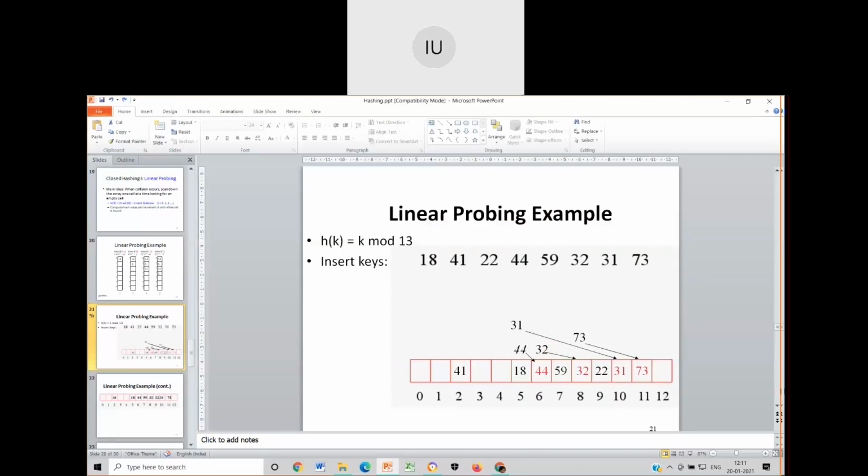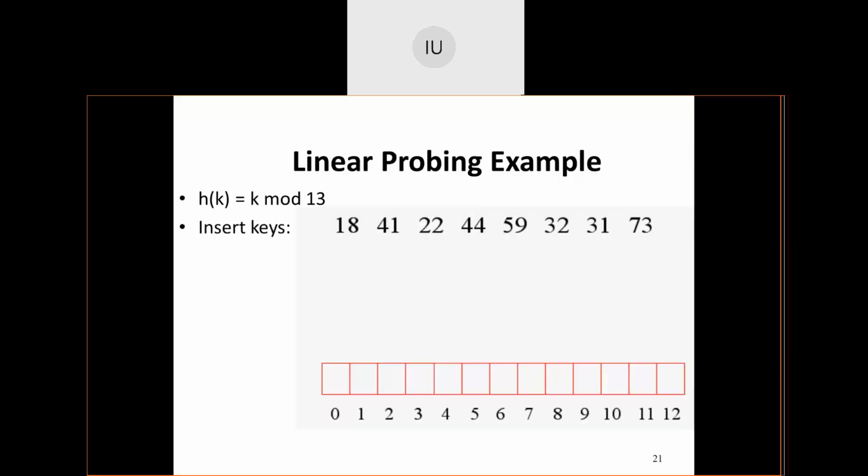Okay, I'll take the same example. Let us just have the linear probing as it is, or I'll remove this. Tell me, now I want to apply quadratic probing for this. Let's get started. 18 takes position 5.